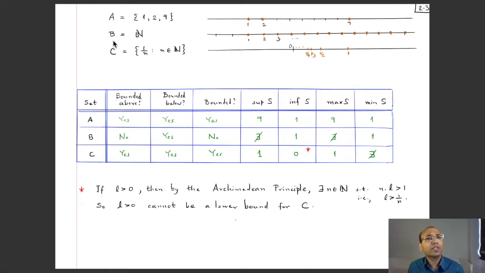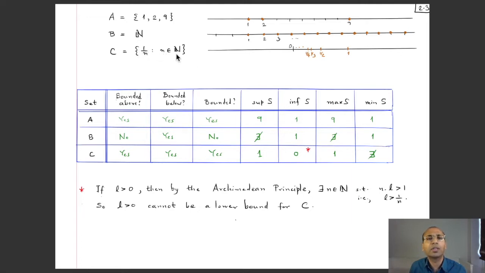Okay, so let's first look at these three sets A, B and C. A is the set comprising just the three numbers 1, 2 and 9. On the number line I have depicted them as these three orange points. The set B is the set of all natural numbers, so the set containing 1, 2, 3 and so on. So these orange points. And the set C is the set containing all the elements 1 by n, where n